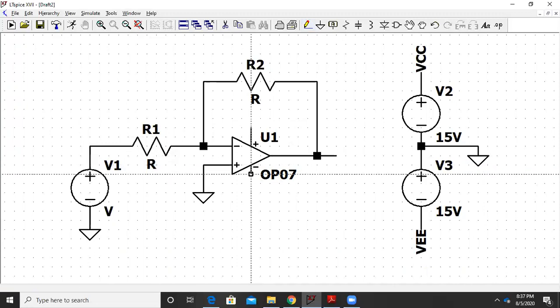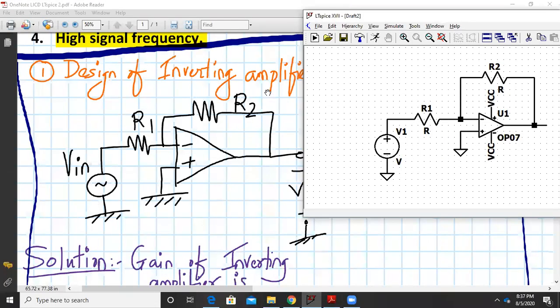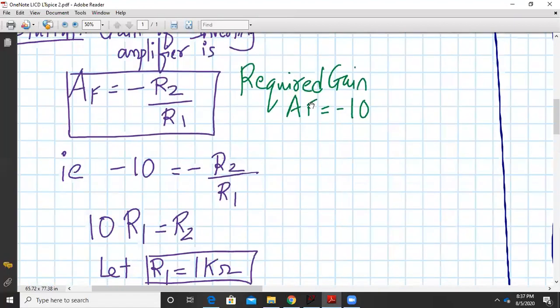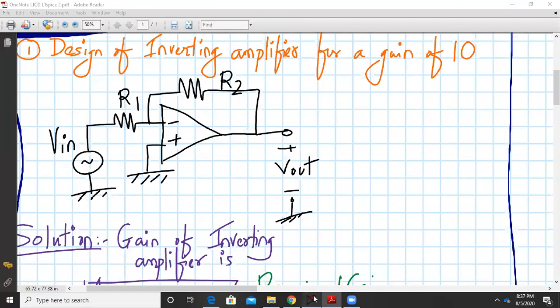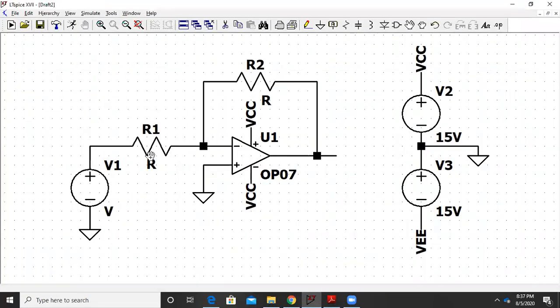So I will make some wire connections here and then we can label it easily as VCC and this will be VEE. So our circuit is complete now. We have to define the value of R1 and R2. So basically R1 is coming out to be 1 kilo ohm over here and R2 is coming out to be 10. So that's what we have to do over here also. So R1 will be 1K, R2 will be 10K, and